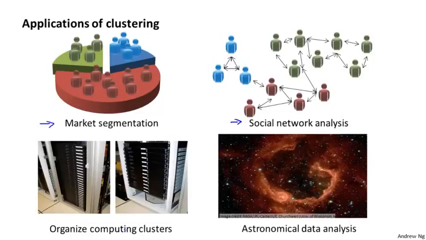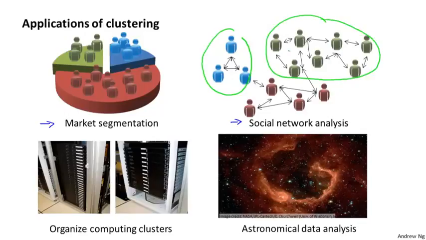Things like looking at a group of people's social networks, so things like Facebook, Google+, or maybe information about who are the people that you email the most frequently and who are the people that they email the most frequently, and to find coherent groups of people. So this would be another maybe clustering algorithm where you want to find who are the coherent groups of friends